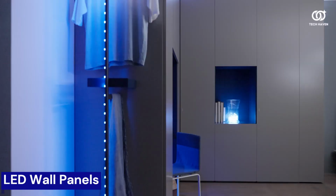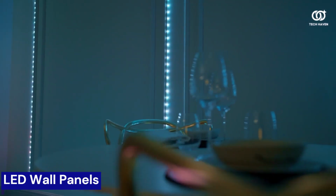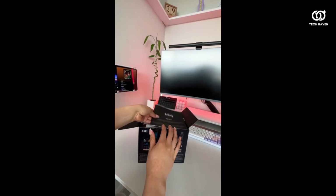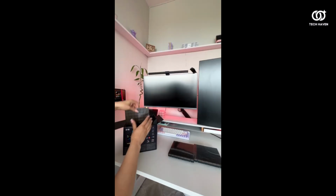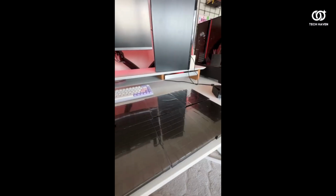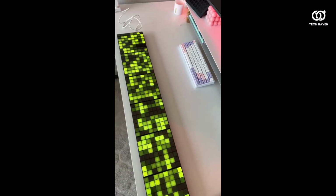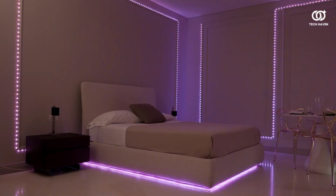Number 7. The LED wall panels transform any room into a captivating visual experience, offering stunning ambience and vibrant lighting effects. With customizable colors and patterns, these panels allow you to create your own unique light displays to suit your mood or occasion. The easy-to-use control app lets you adjust settings, sync the panels to music, and even set schedules